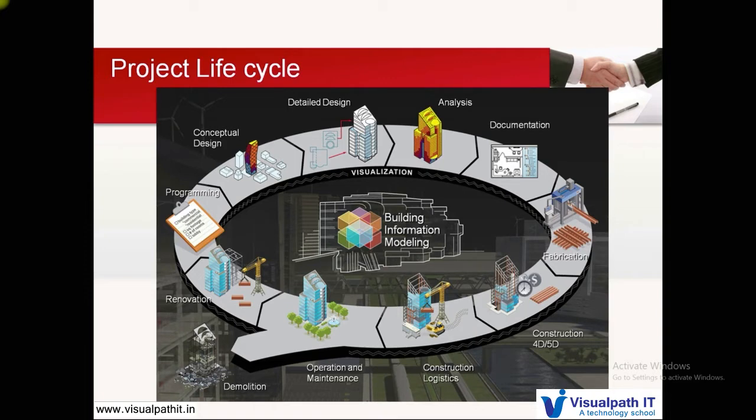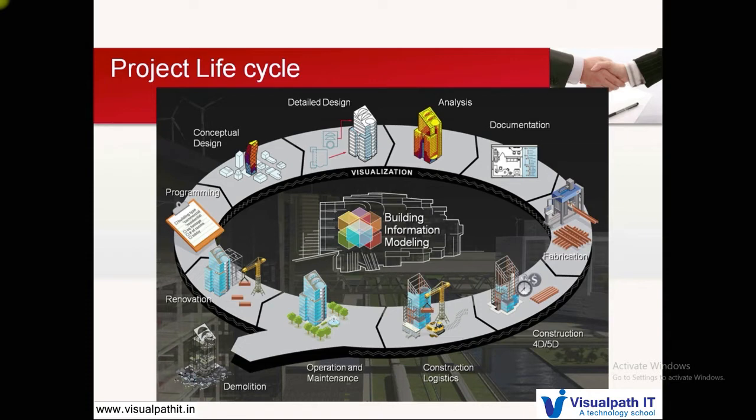Security is there. So whenever a leak happens, suppose after 5 years, whenever a leak happens in the pipe, it is not so easy to detect the leakage. So when you model it in the BIM process, you have everything modeled in your system, is it not? So whenever the leak happens, you can easily find out, and then with a click, in a second, it goes to the vendor, because all the details are there inside the system, right?